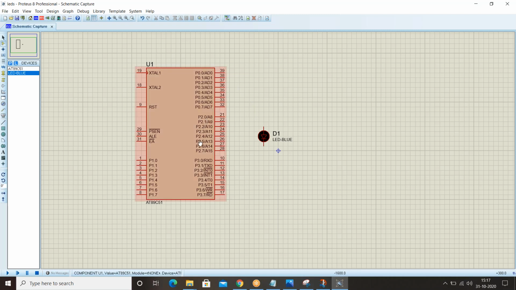Okay guys, it's your wish to take any pin. For port 2, I'll take pin number 1. So guys, I hope you know the logic. My mouse is not working.